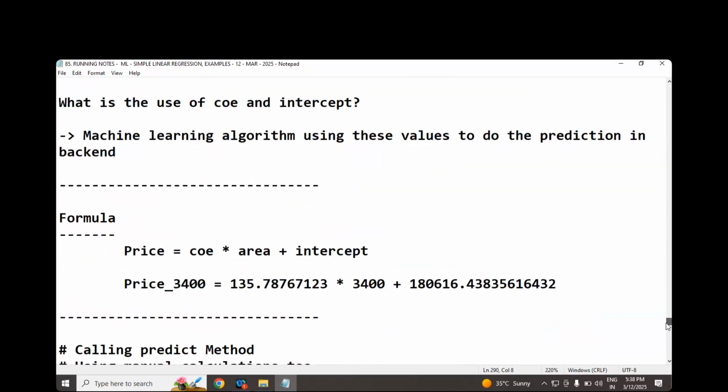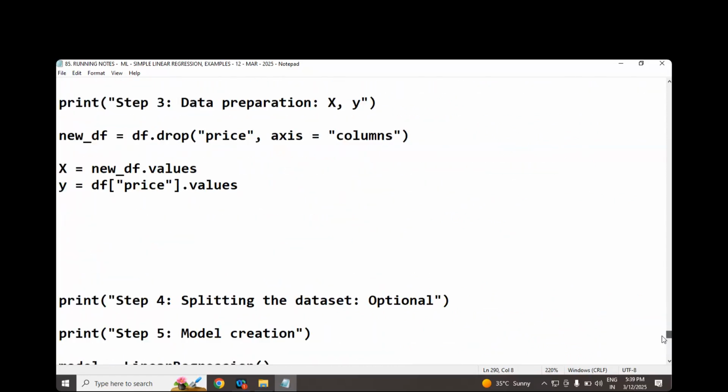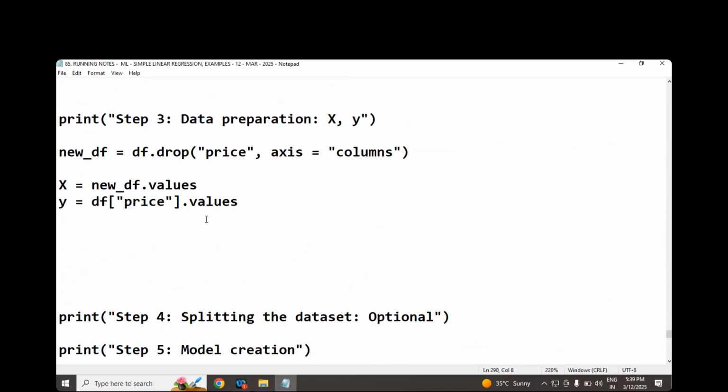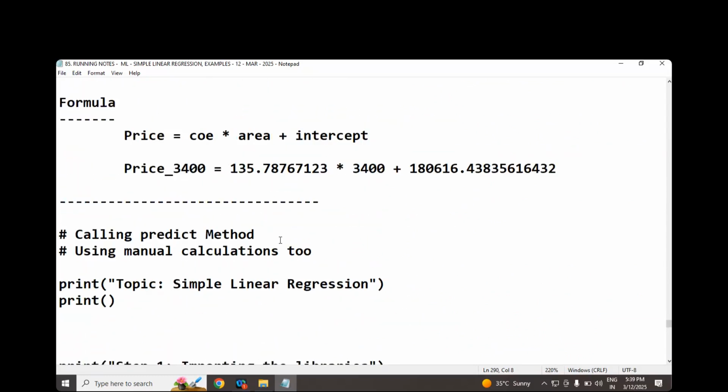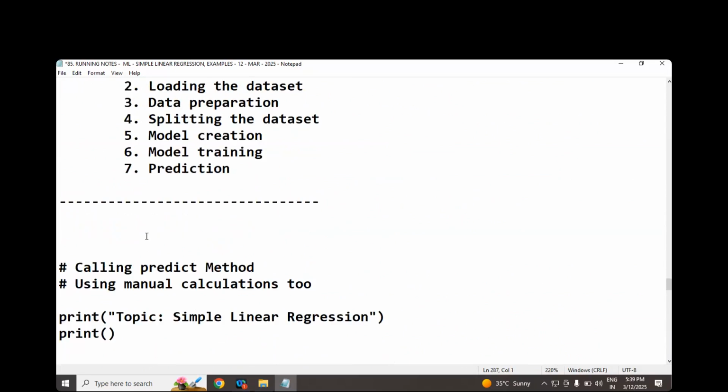Team, yesterday we did practically the example. Am I right? And prediction also we did. Let me keep this example so that I can continue. It's a kind of recap.